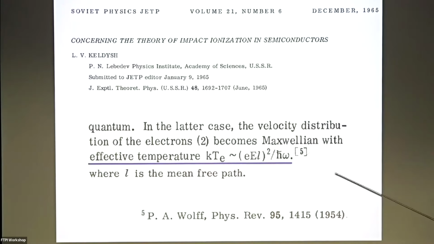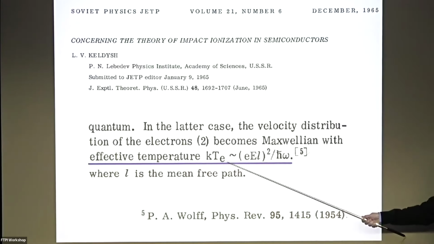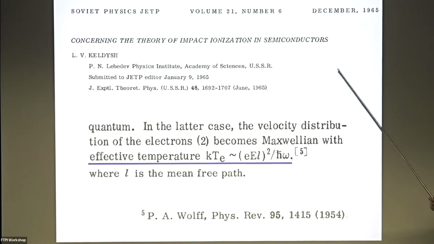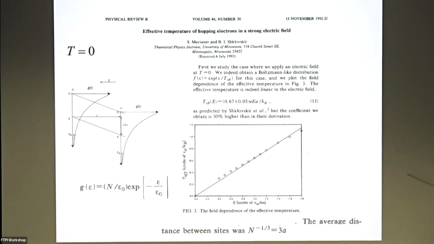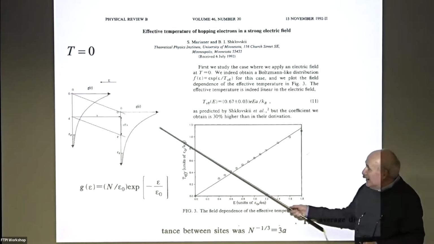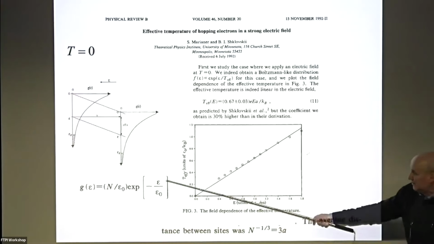And it's not new that people try to encode the effect of the field via some effective temperature. For instance, Kelvin many years ago did this, but then he studied free particles. They're accelerated at the length of the mean free path, then they drop phonons. So L, mean free path, is exactly the real distance at which carriers gain energy. So here it's absolutely rational. In the case here, it's absolutely irrational, because nothing happens inside the wave function affected by the field.